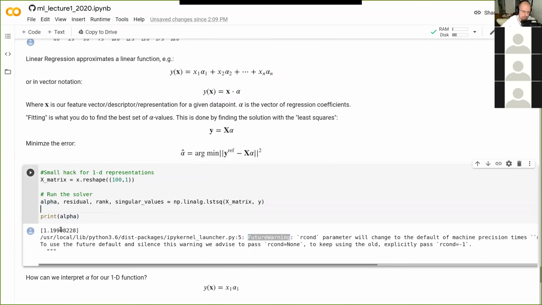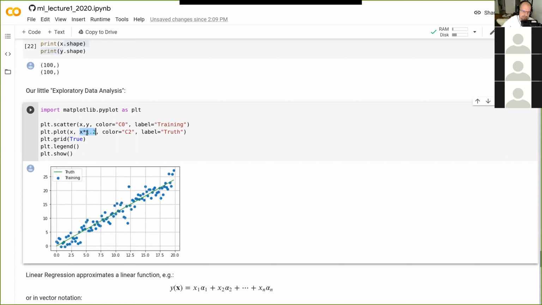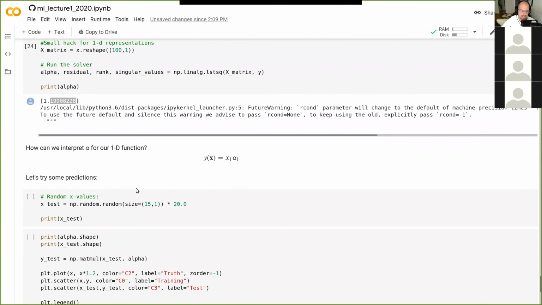The number that we're interested in is the alpha number, and you can see here it comes out as roughly 1.199 something, which of course looks suspiciously close to the 1.2 that we used to generate our training data.